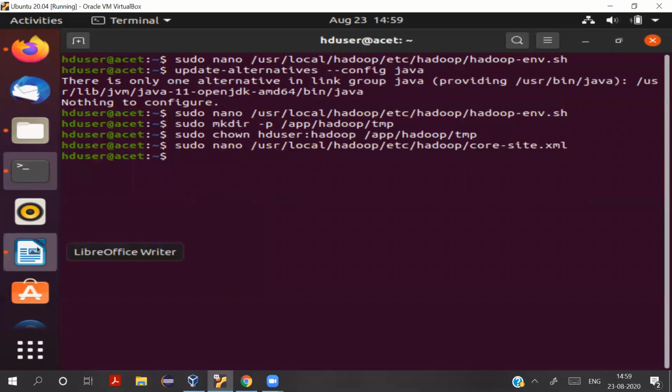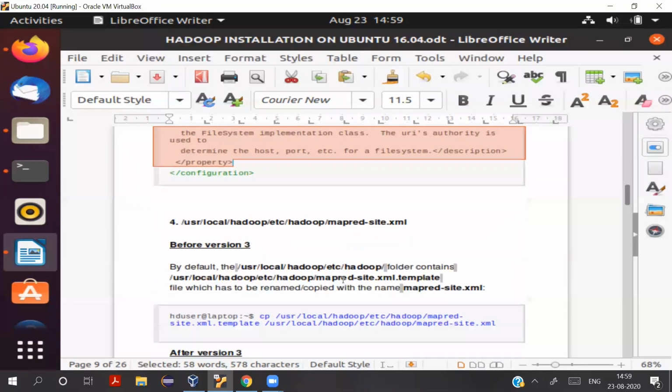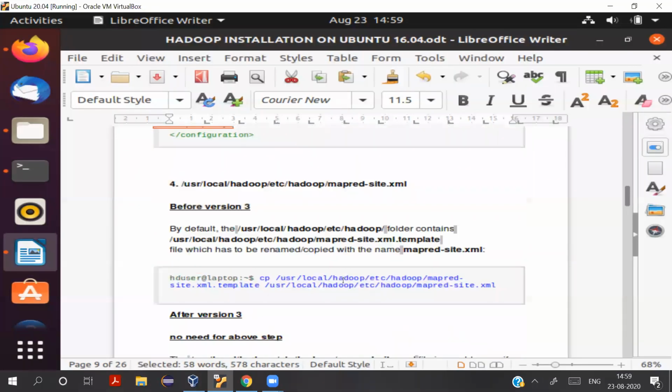This is done. Next in line would be the configuring of mapred-site.xml. See, if you are using version 3 and later on, then this step is not required. But before version 3, you will see a file as mapred-site.xml.template. You must rename it to mapred-site.xml. So I'll just copy this command first. Let's copy this command.